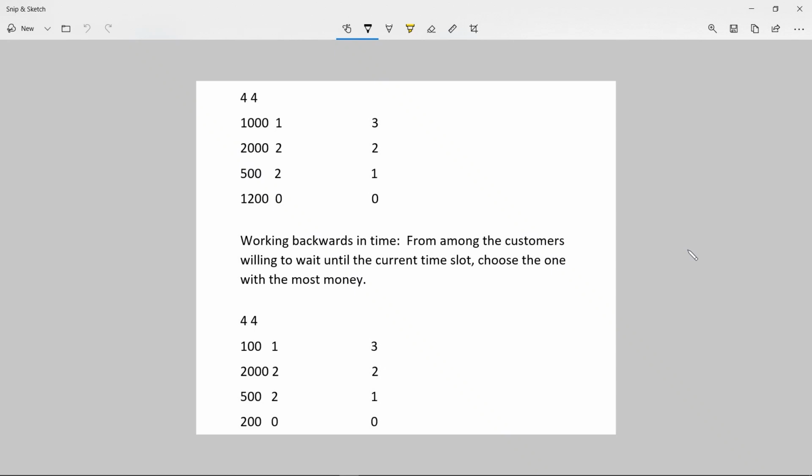One of the first viewers of the video after I initially posted it pointed out that in that last example I made a mistake. So let me work through it again. We're looking at the one on top here. We've got 4 time slots to fill, and we're working backwards. Since there's no one on this list that's willing to wait 3 minutes,